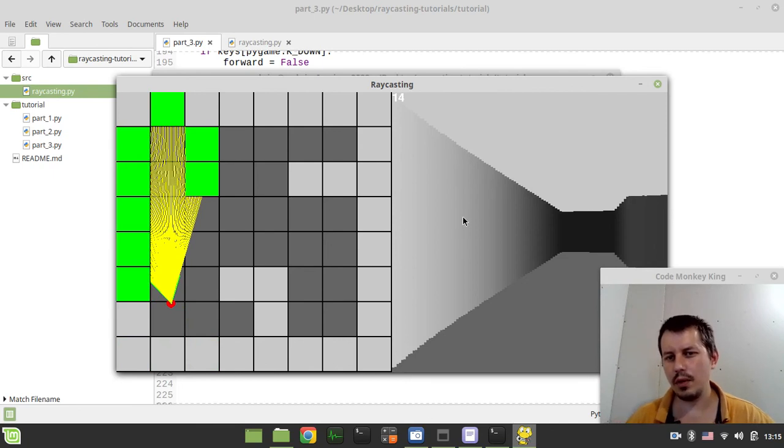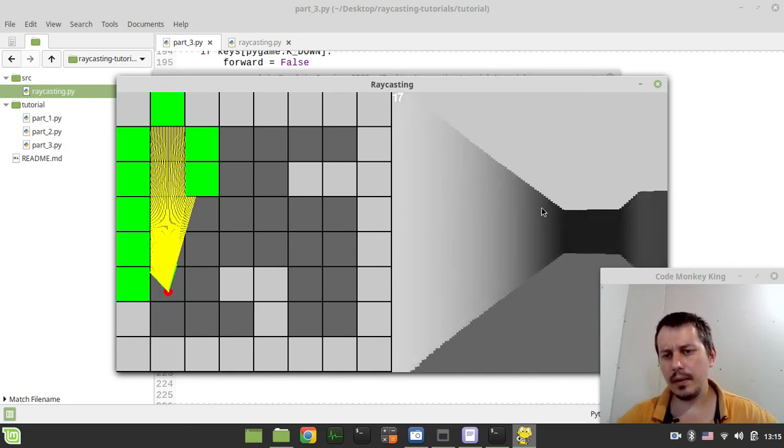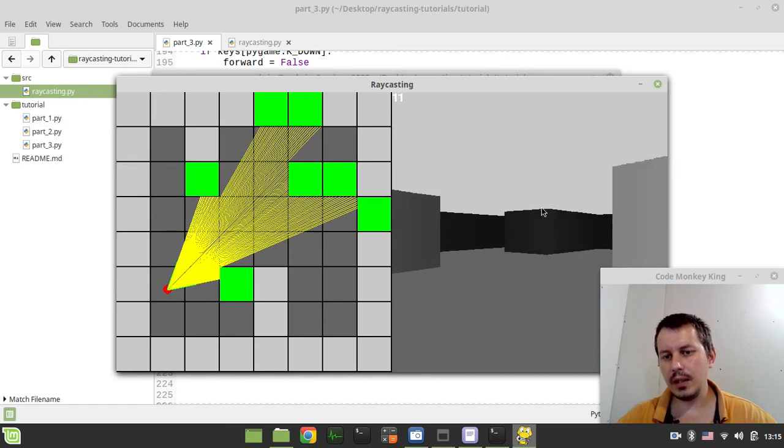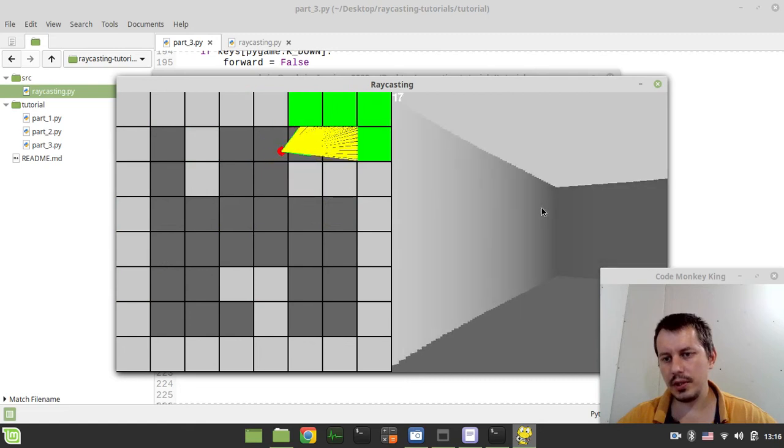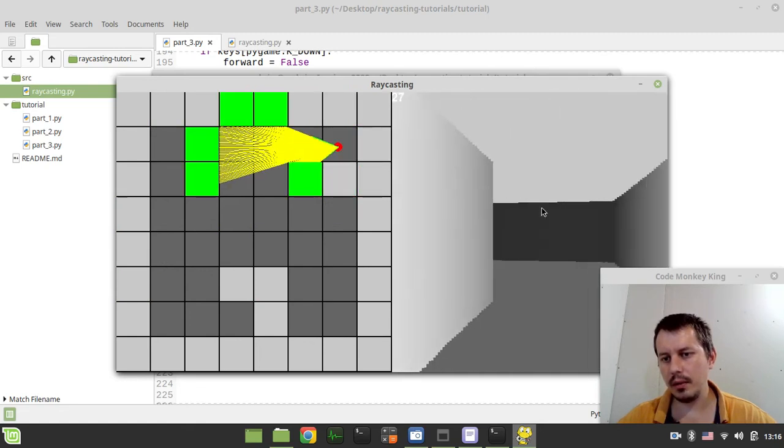If we want to draw the textures, then instead of blank rectangles, we want to blit the images. So we need to calculate the texture offset, and then we need to scale that. Eventually it gives an illusion as if the texture was printed on the wall. But first of all, it starts getting slower, which is a bit of an issue on the one hand, and on the other hand,